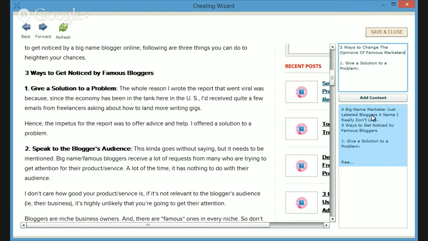Or if you want to change the opinion of a famous big name marketer, then giving a solution to a problem is actually a good way of doing it. Give a solution to a problem that the famous marketer has. And then again, you can add that content.